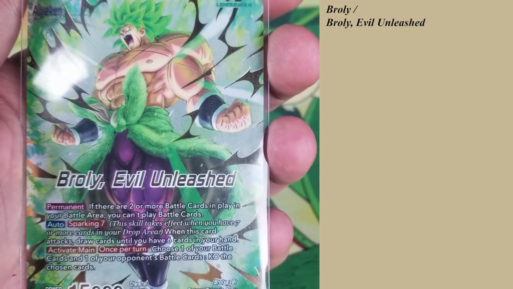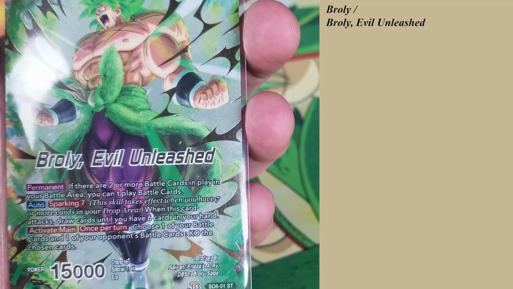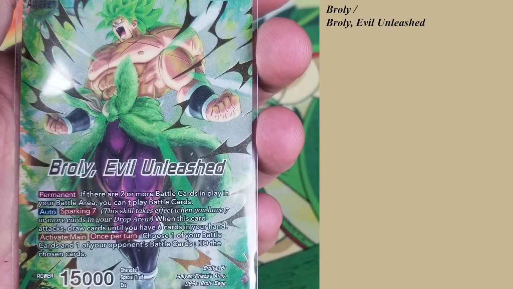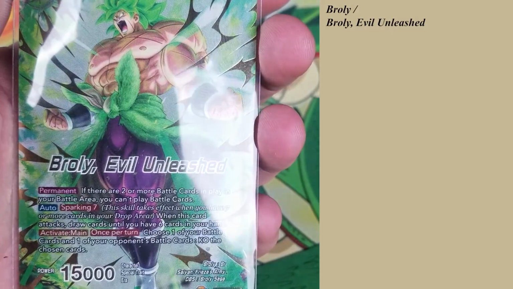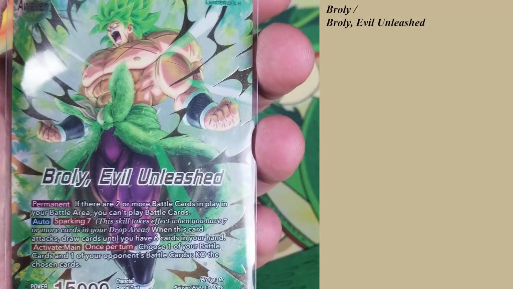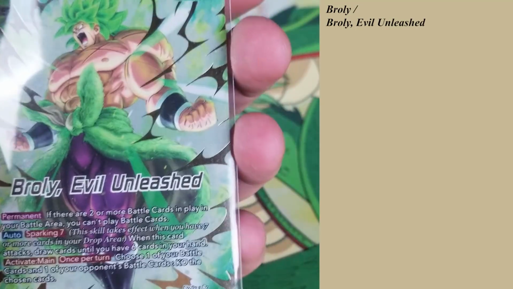You're good to defend yourself the next turn. Activate main once per turn, choose 1 card. Choose one of your battle cards and one of your opponent's battle cards, KO the chosen cards. So this doesn't bypass barrier, but it gets your Brawly engine going. It's a way to get rid of your own Brawly cards. It's spot removal for things that are potentially problematic if your opponent is trying to play something or trying to